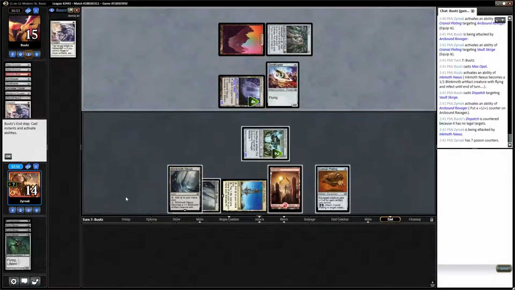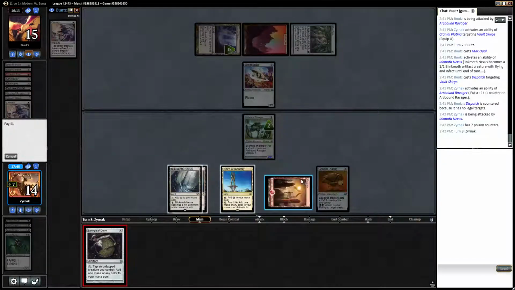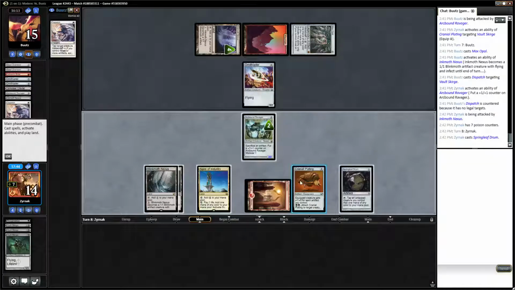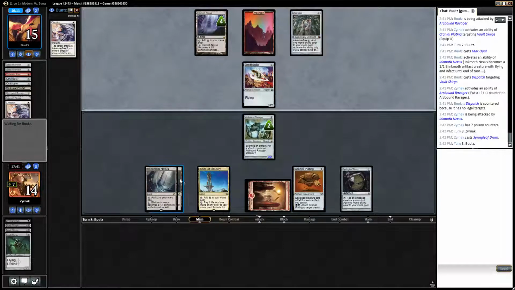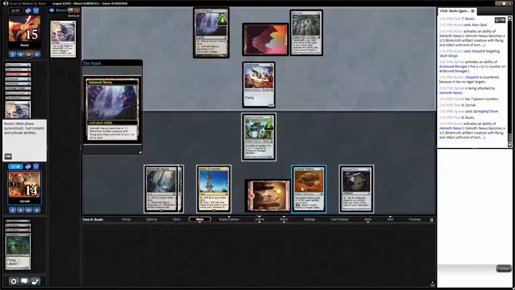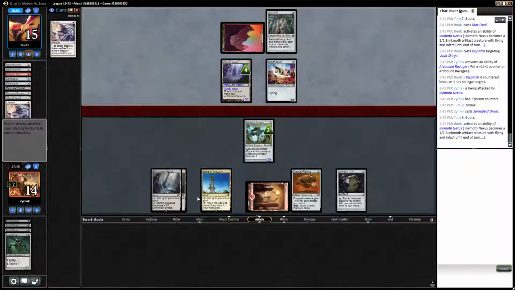Right now we can afford to take the 5 poison and then try to set up a good following turn. So now he can't attack us here with the Inkmoth, since we would animate a Blinkmoth and then instant speed equip Cranial Plating to it. So this is some kind of...